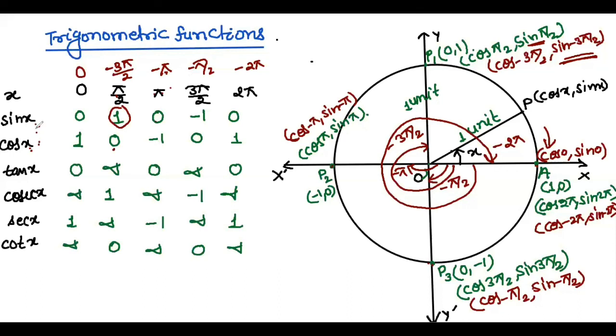Like that it is. So sine of minus pi by 2 equals sine of 3 pi by 2, and that is equal to minus 1. And cos of minus pi by 2 equals cos of 3 pi by 2, that equals 0. Then sine of 2 pi equals sine of minus 2 pi, that is equal to 0. And cos of minus 2 pi equals cos of 2 pi, and that is equal to 1. So these are values of trigonometric functions of pi by 2, pi, 3 pi by 2, 2 pi, then minus 3 pi by 2, minus pi by 2, minus 2 pi. You all have to remember it.